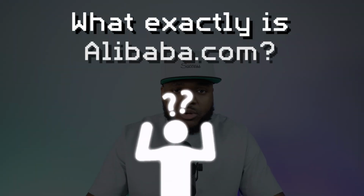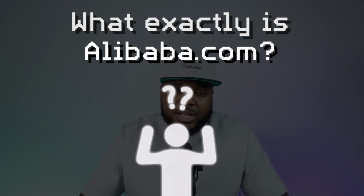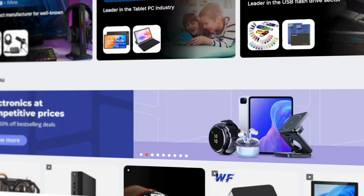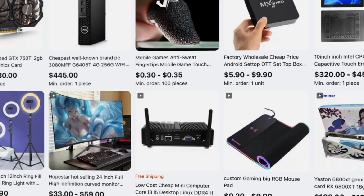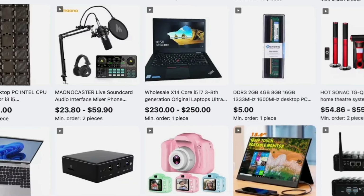But first things first, what exactly is Alibaba.com for those of you out there that have never heard of it, you've never used it, and you're not really sure of exactly how it works? Now, it's actually quite simple. Alibaba is a site that anyone can sign up to, and it's essentially a directory of suppliers that are based